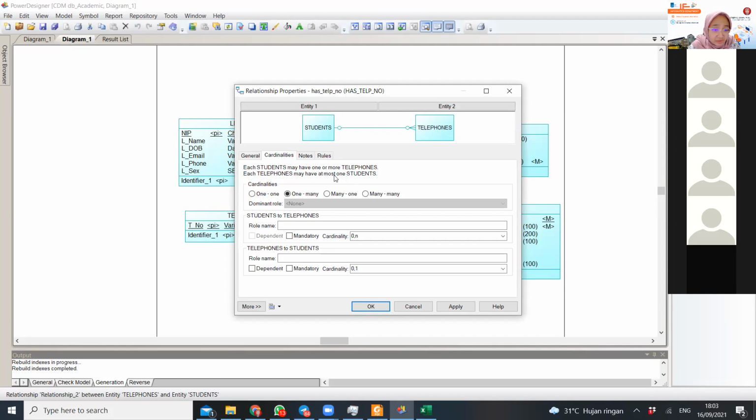May have at most one. No. So it means that maybe there's a number who doesn't have any owner. Oh, it's not the case, it cannot happen in our real world. It will be more convenient if we check the mandatory. So the statement will be